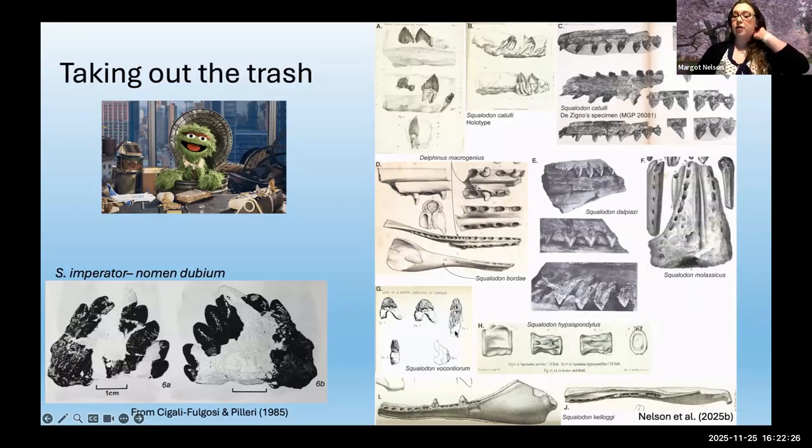I've already shown you Squalodon boncontiorum, which was based on a single tooth. We have this notable example, which is a single tooth, likely of an archaeocete that's been reworked and put together. This was a holotype specimen. So this dramatically reduced the diversity of the family, the supposed diversity of the family, which I will show in